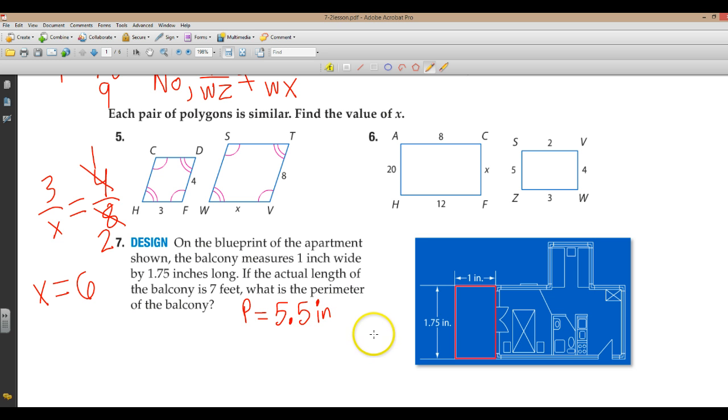Then we need a scale factor. So if the actual length is 7 feet, and in the diagram it is 1.75 inches long, so our scale factor is 1.75 inches to 7 feet. So then our perimeters will be in this same ratio here. So we can set up a proportion. So 1.75 to 7 feet is equal to perimeter 5.5 inches